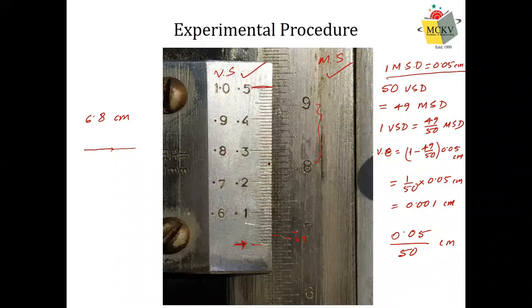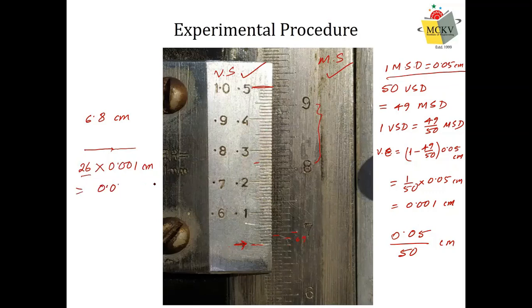Therefore, if we go through it, I think this is 20, this is 25, 26 or 27. Say 26, this line is coinciding. Therefore, our vernier reading is 26, not the value. That means the 26th vernier line is coinciding with a main scale line. Which line, we do not bother. We only check which vernier line is coinciding with the main scale. Therefore, what will be the vernier value? We multiply the reading with the vernier constant, which is 0.001 centimeter.